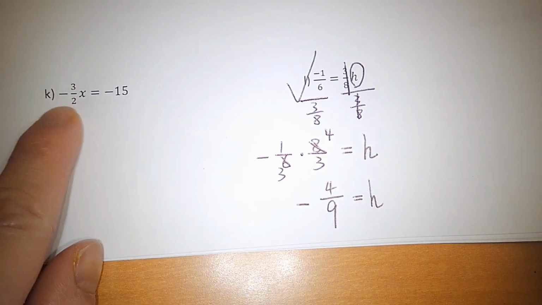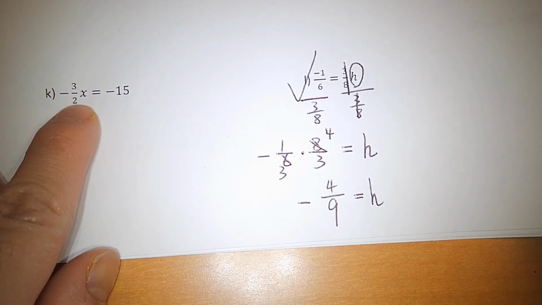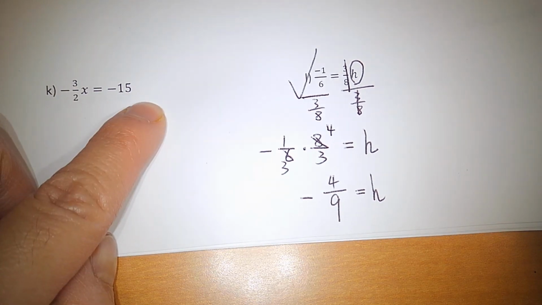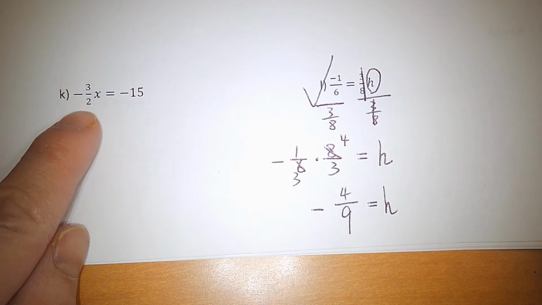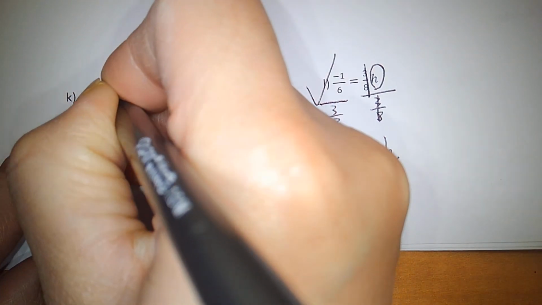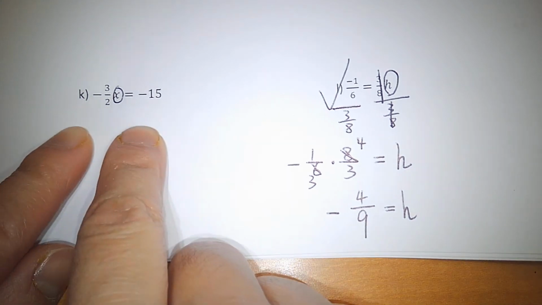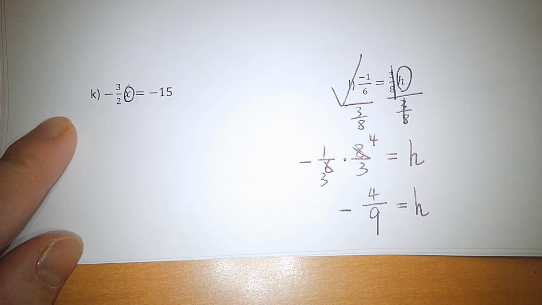Yeah, so same thing here for question K. If we want to isolate x, what do we do? Divide by negative 3 over 2 from both sides, right? Yeah, this one is divide by negative 3 over 2 from both sides, okay? Give it a try. I'll give you 1 minute to try this one as well. So for x,